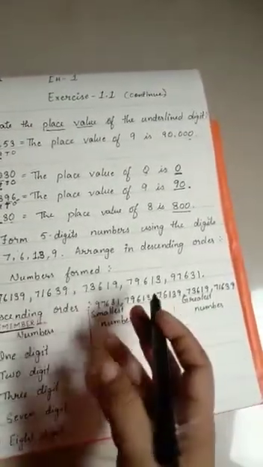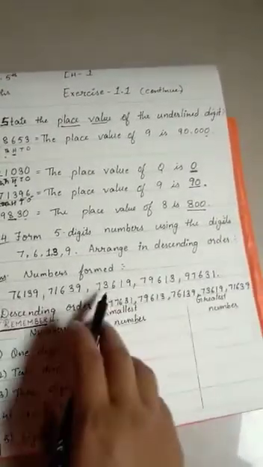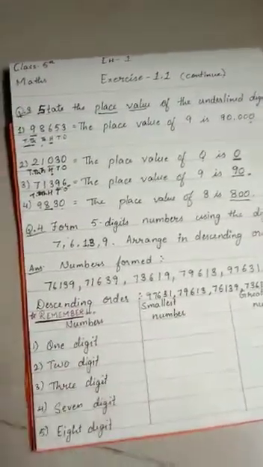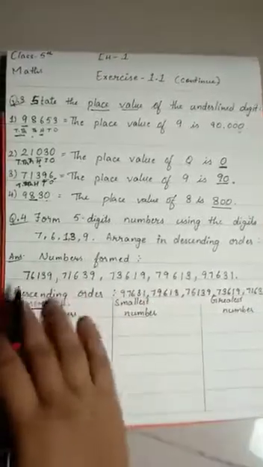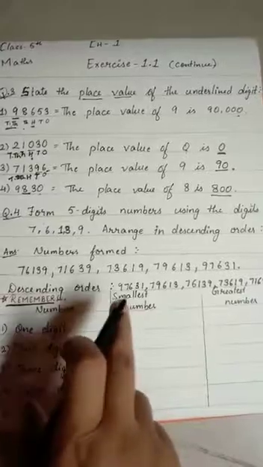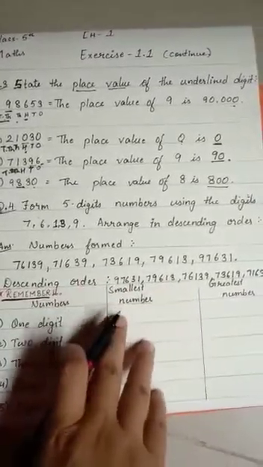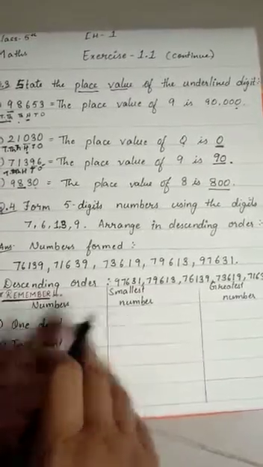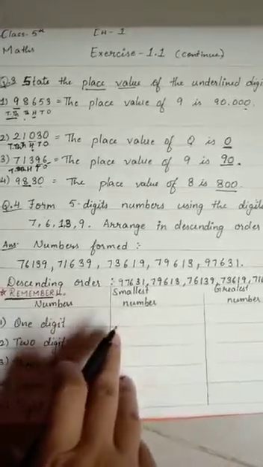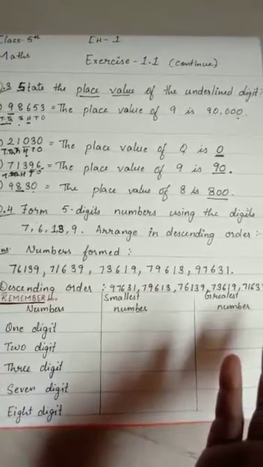You can form more numbers using these digits. I already found 5, and you can find more also. Now, some remembering points you have to keep in mind, because these are used in your future studies. Also, this is very important whenever anyone asks you like a puzzle: say any one-digit smallest number, or say any one-digit greatest number, what can it be?